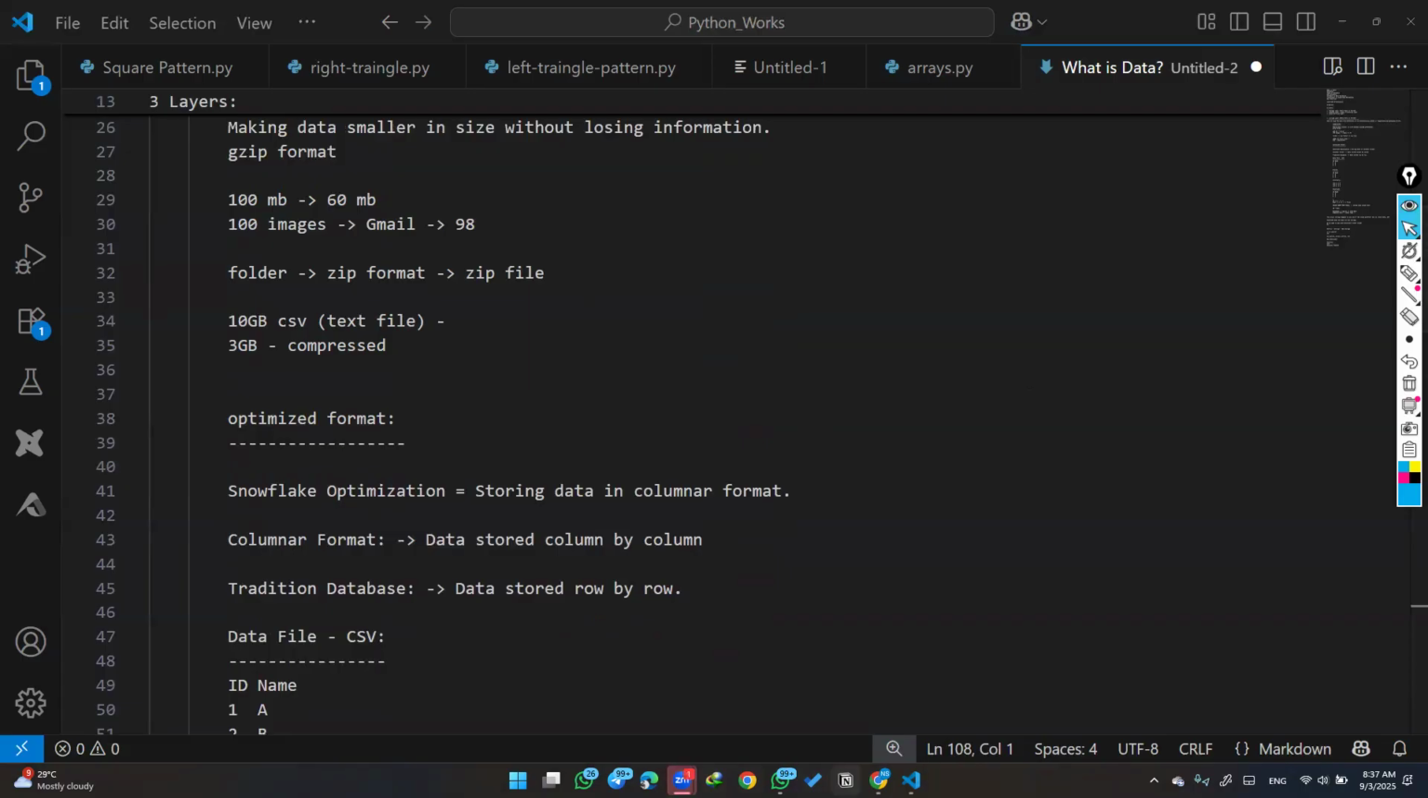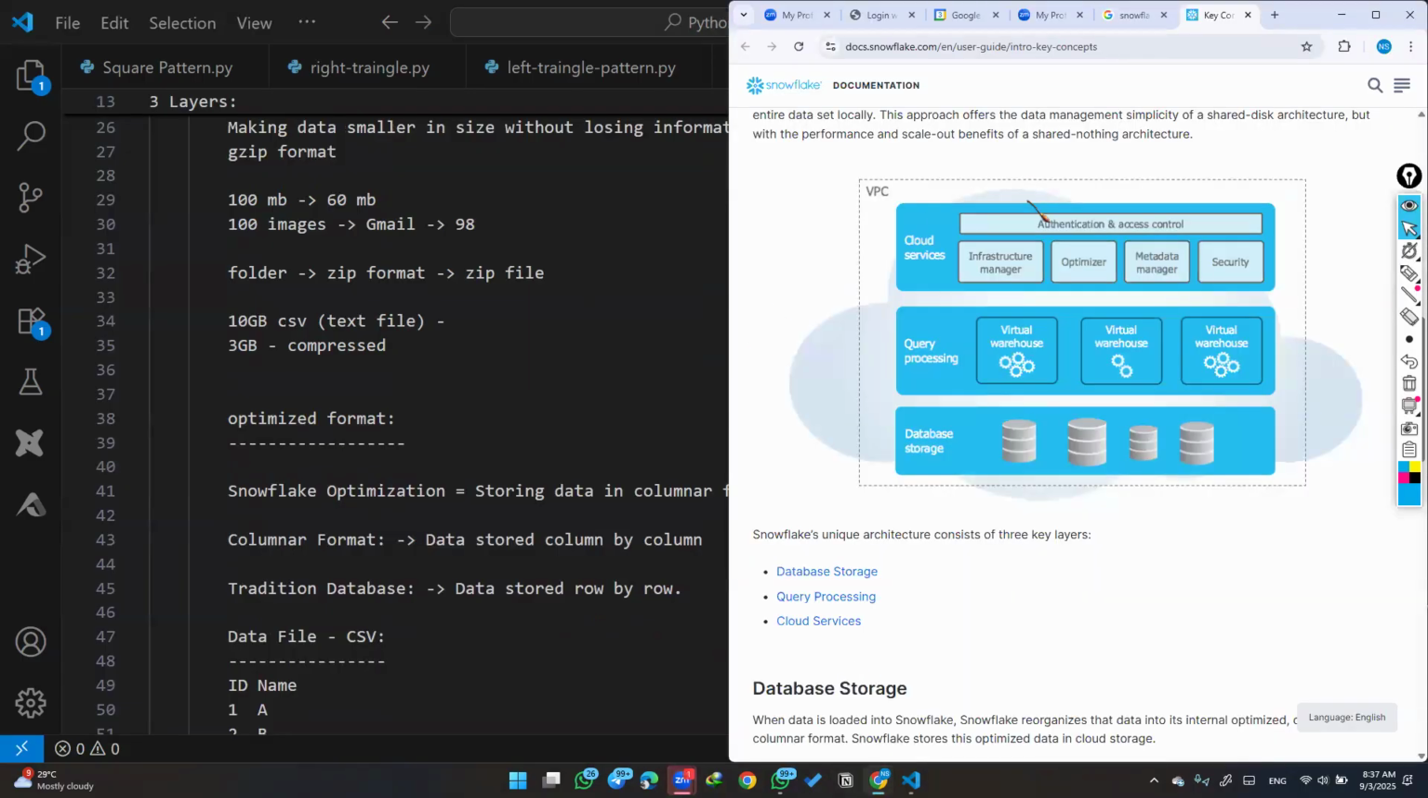So we just completed the first layer for now, the database storage layer. Now we will move to the query processing layer. This is the most important layer in Snowflake. We can consider that based on this layer only, end to end, all of Snowflake is performing, which means all of Snowflake is running. We can consider it the engine. Without an engine, bikes or vehicles, nothing will work. Like that, this query processing layer is the